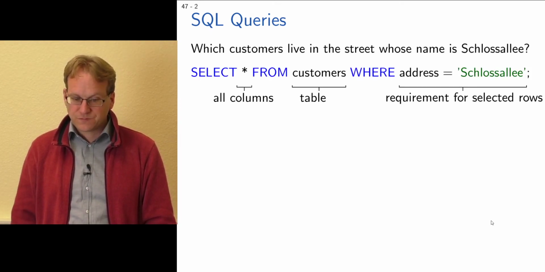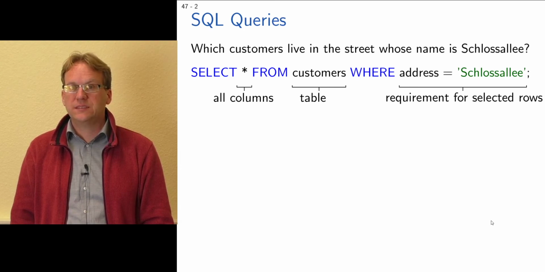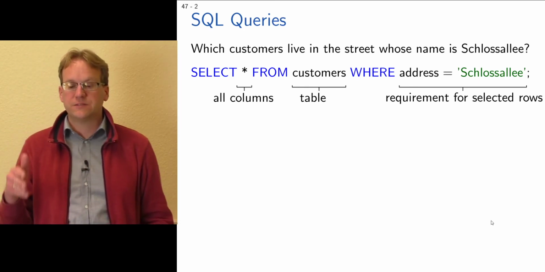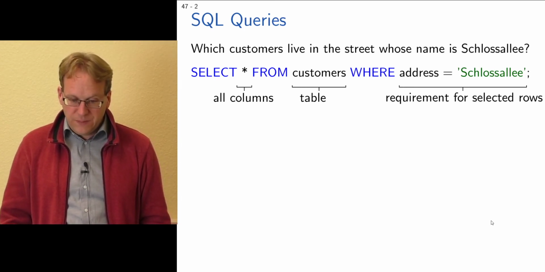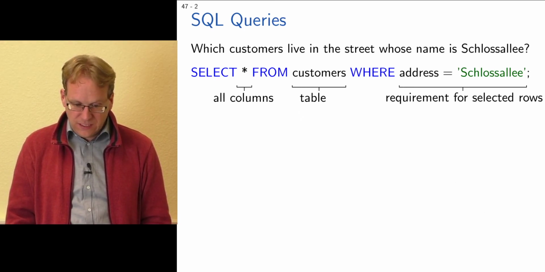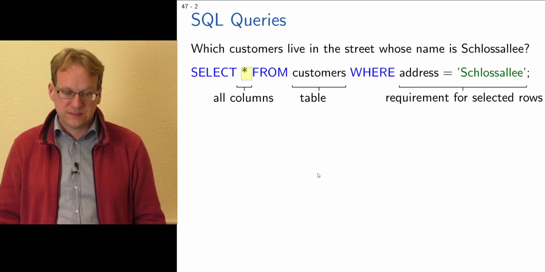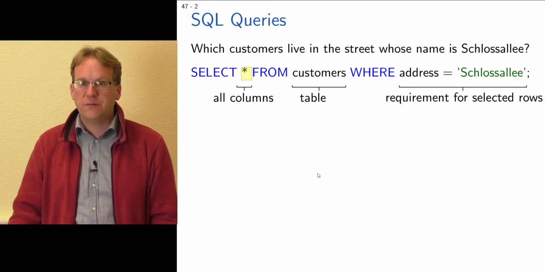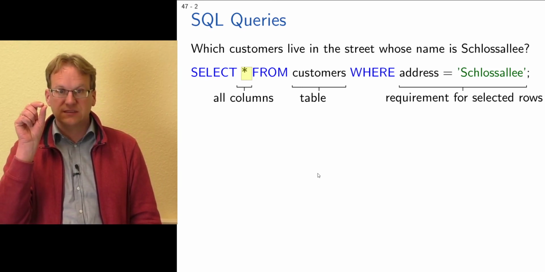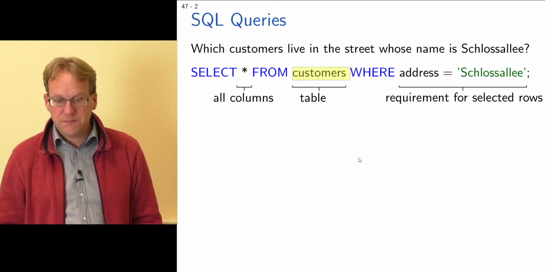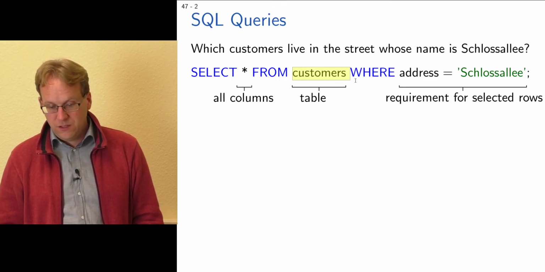Such a basic SQL query looks like that. We always have these keywords: select, from, where. And basically what we can do is, after the select, we say we would like to select all columns, which we specify with this asterisk, with this star symbol. From, then we have the table name, customers, where,